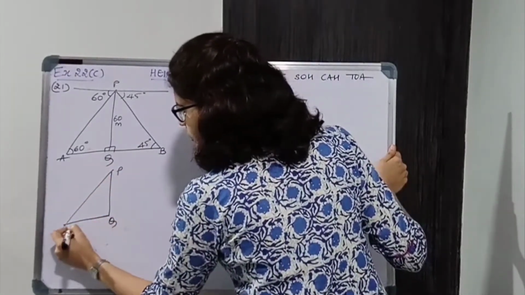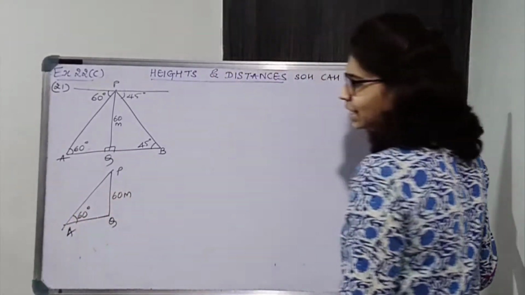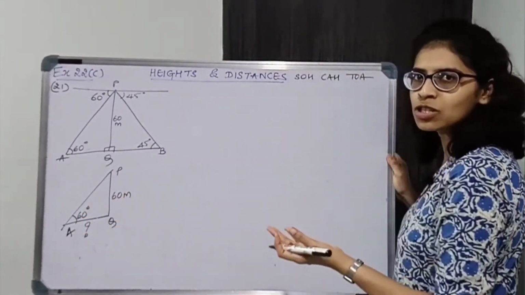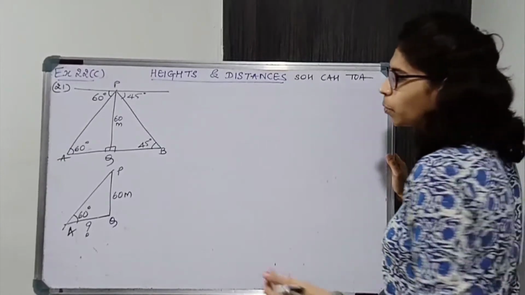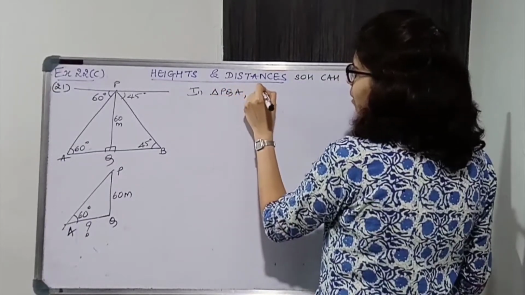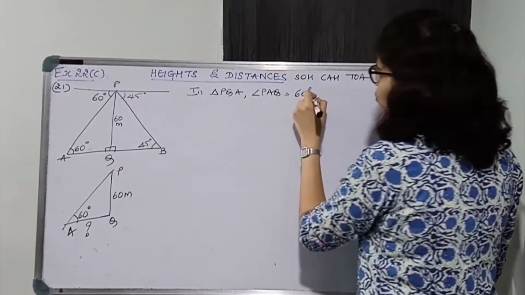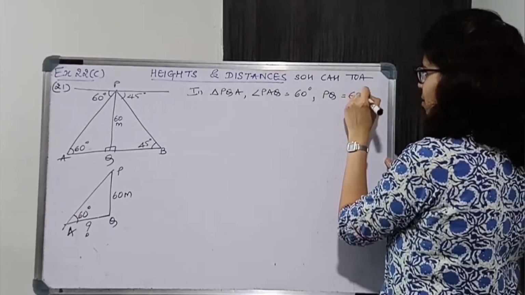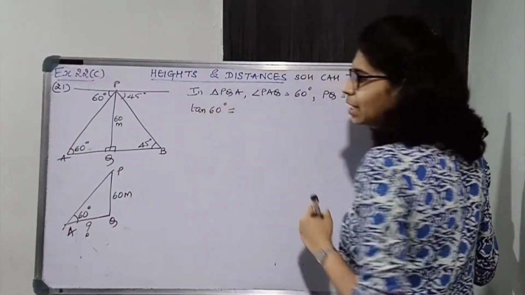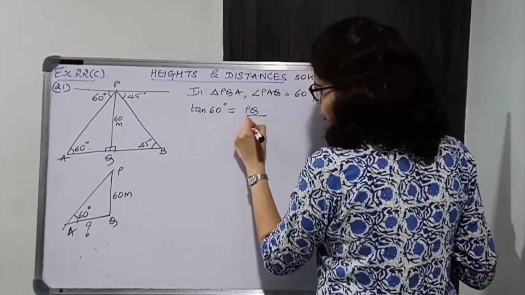Considering PQA first, okay, this is 60 meters, this is 60 degrees, we need to find AQ. एंगल का ऑपोजिट पता है, एडजेसेंट फाइंड करना है. ऑपोजिट एंड एडजेसेंट का रिलेशन यू गेट फ्रॉम tan, TOA, ओके. So just write down in triangle PQA, angle PAQ is equal to 60 degrees. Now we also know PQ, so just write that down. PQ is equal to 60 meters. ठीक है. Now tan 60 is equal to opposite PQ upon adjacent AQ.